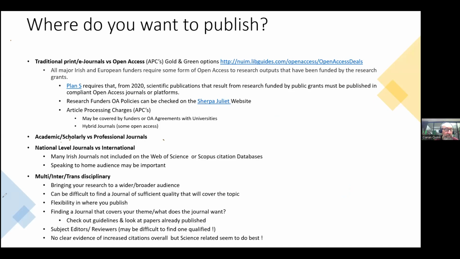Oh. So there'll be the traditional, I suppose, print, e-journals and so on, versus open access. So generally for the e-journals, there's a choice between gold and green open access options. So the gold is where you'd pay an article processing charge, or not if it's part of one of our agreements. And the green option then would be like putting your paper into, self-archiving into an institution repository, like Mural, for example, the Maynooth one, or maybe a repository that covers your subject area. That would be a kind of a place of note for your papers.